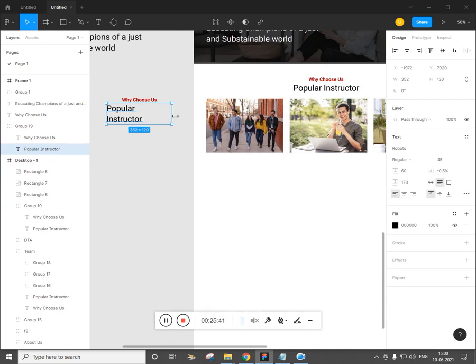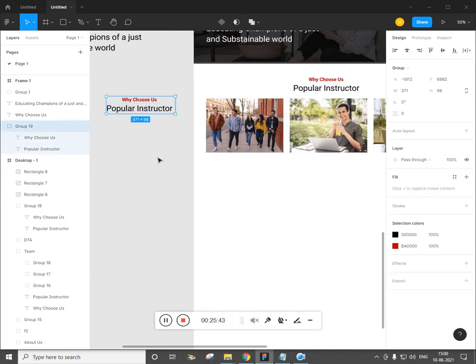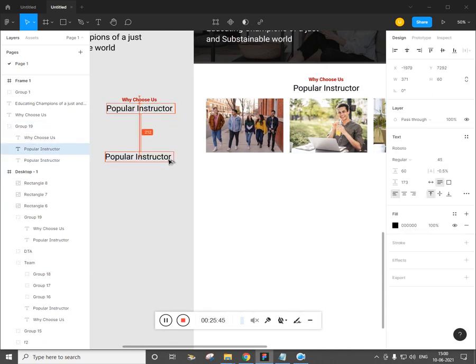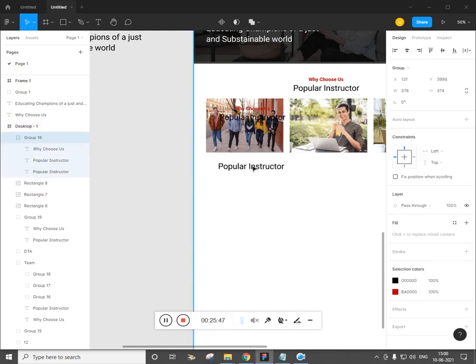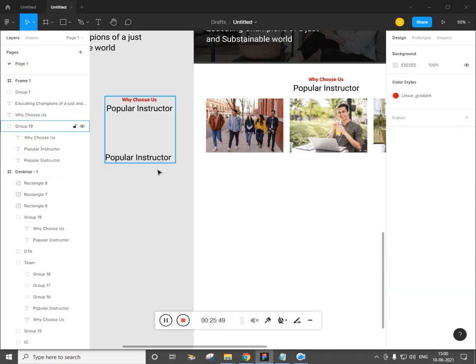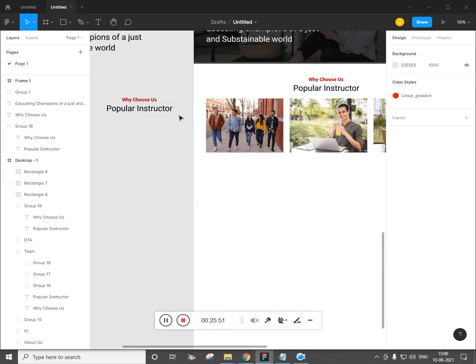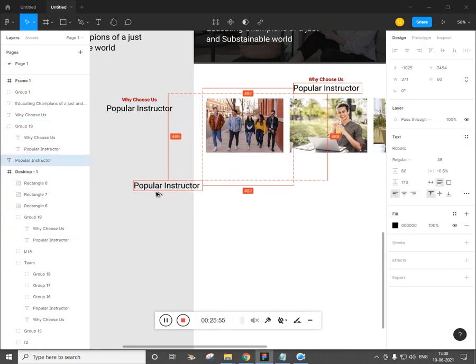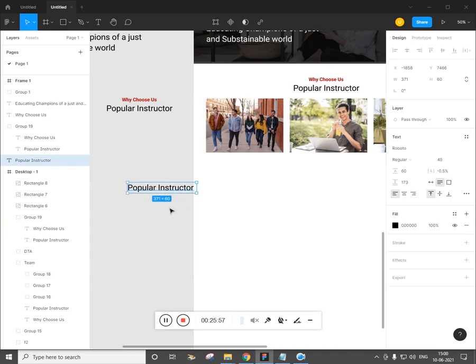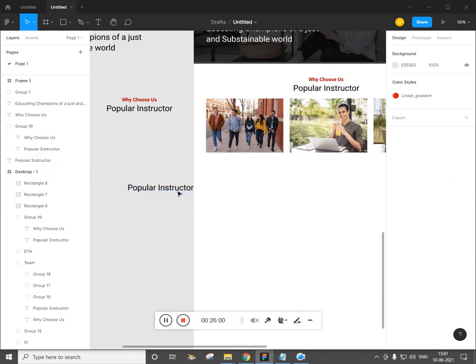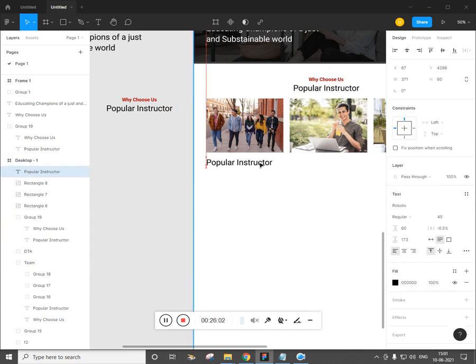It doesn't seem to come out. Individually select it, alt drag, take it out. Now it is not in the group. Now you can place it as per your need.